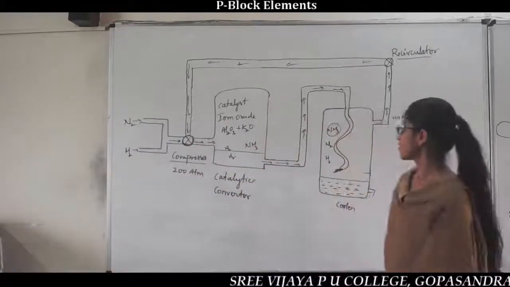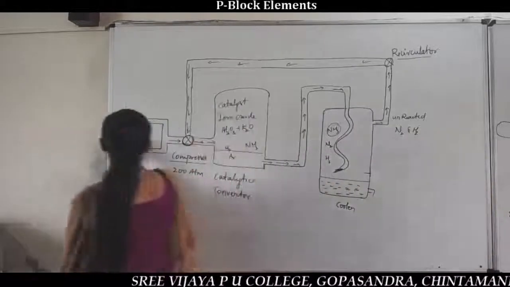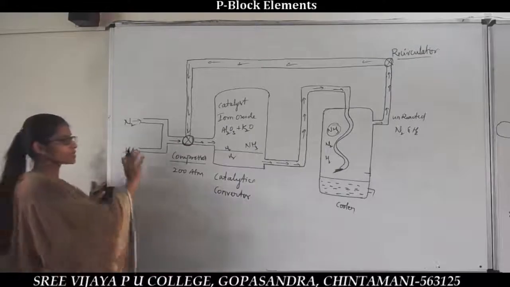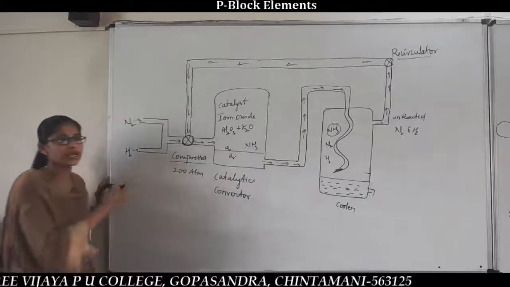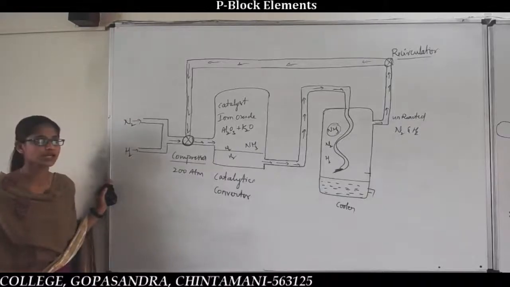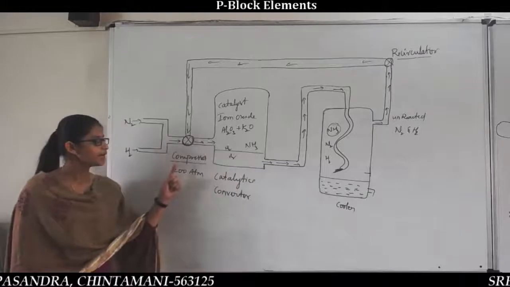First, looking at this diagram, we can explain neatly as we go. We have to pass the direct combination of both nitrogen and hydrogen, the two gases. We have to maintain the reaction condition. The reaction takes place on the basis of natural principle. What is the reaction condition here? The reaction takes place at low temperature and high pressure.